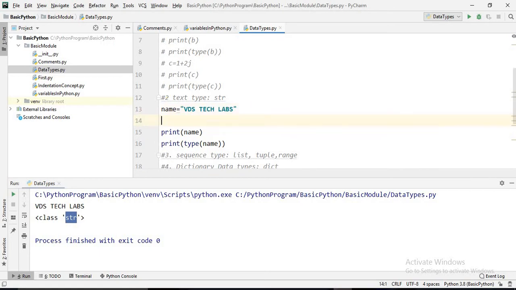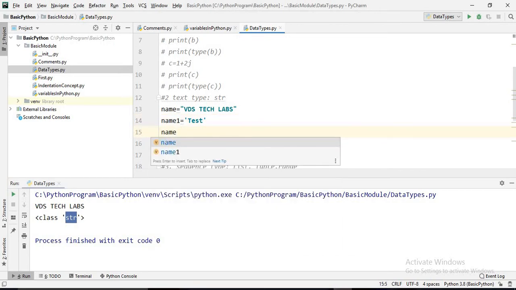Let's suppose name1 equals, using single quotes, test. Now name2 equals triple quotes; see, it suggests triple quotes only, and test2.